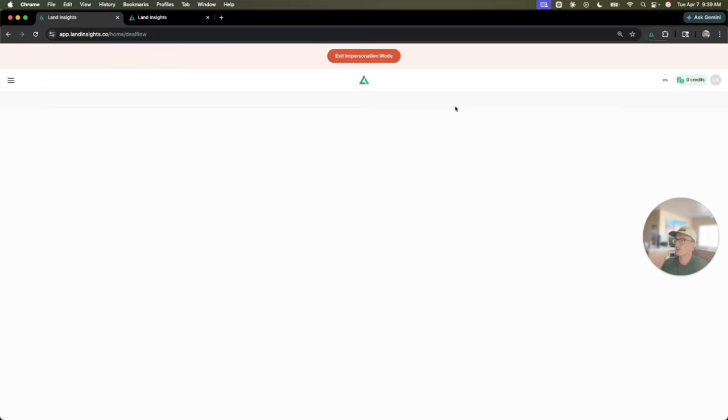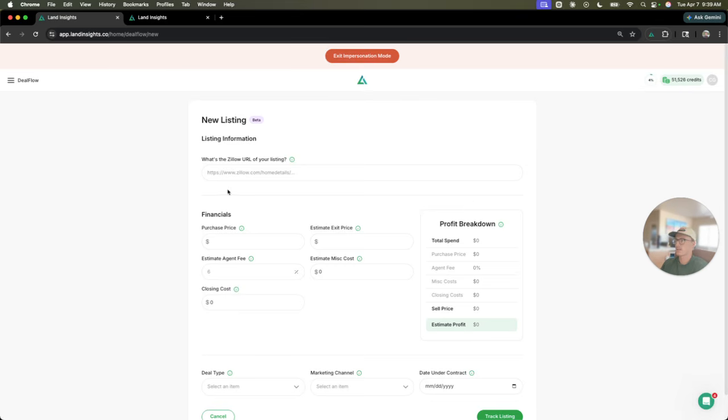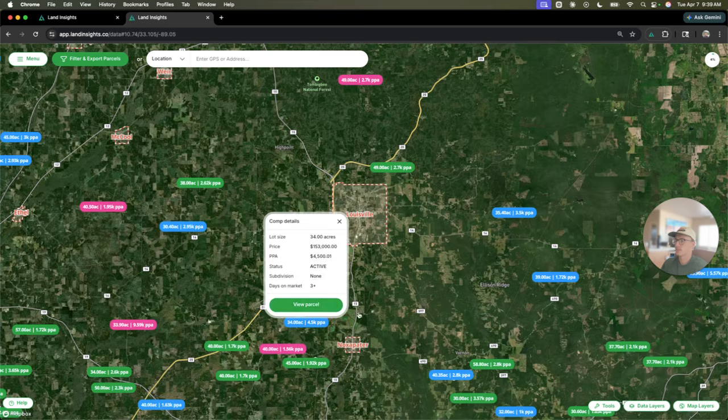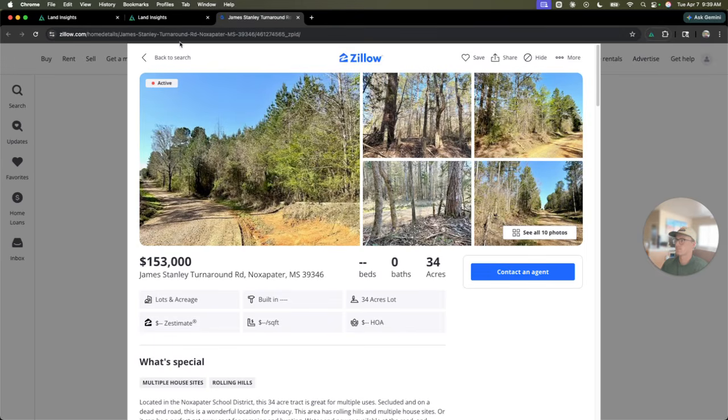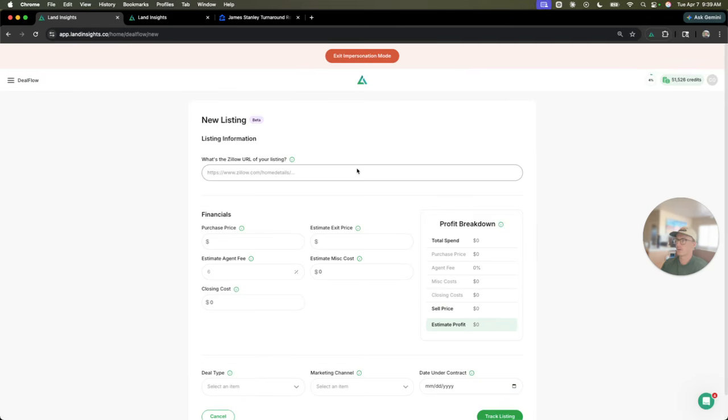I'm just going to go over how you add a listing first. So you're going to click add new listing, and then you need to pull in a Zillow listing. So you need a Zillow URL of your land listing. So you're going to have to go into Zillow and go find your property and take that URL. So let's just say this was my listing. I just put this up. We're going to take this link up here, and then we're going to add it,